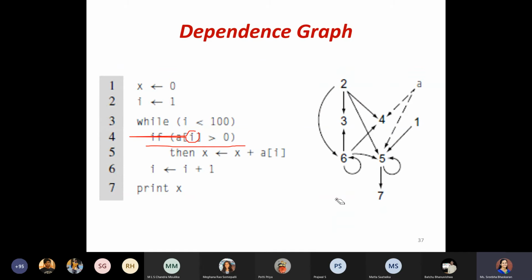For this particular code snippet, I haven't converted it to assembly code; I have directly rewritten it and drawn the dependence graph. So according to the question given, you have to take it up for the data dependence graph. Whenever you are using any memory locations, make sure the representation is done by using dotted arrows.